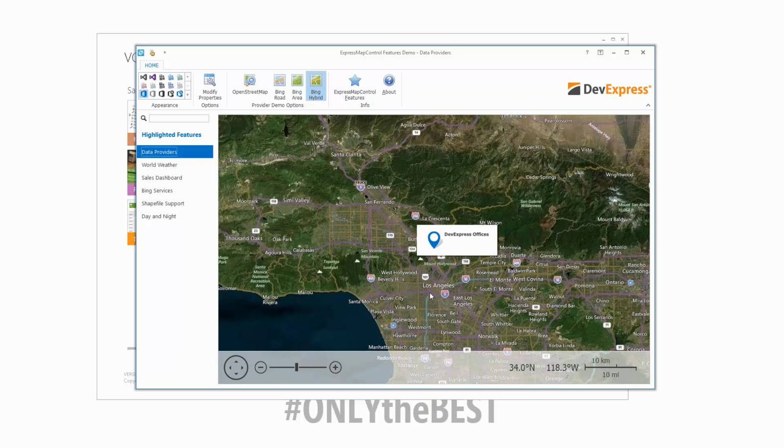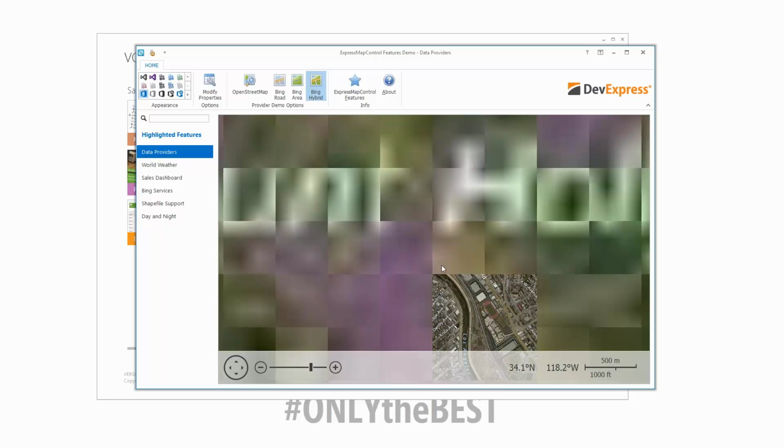Next one I want to show off is the ability to do asynchronous zooming. The big problem with map controls is they have to get their data from somewhere online, somewhere in the cloud. And so that takes time. So as you're zooming in, what I'm going to use here is my mouse wheel. So I'm going to quickly zoom into roughly where the DevExpress offices are. So here I am, I zoom,